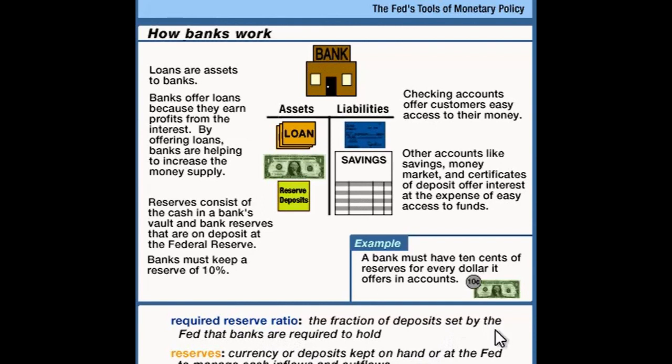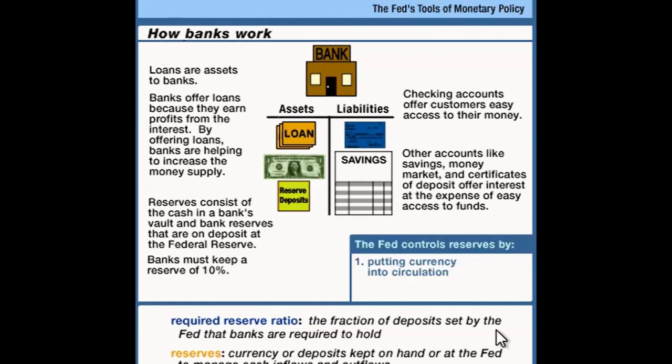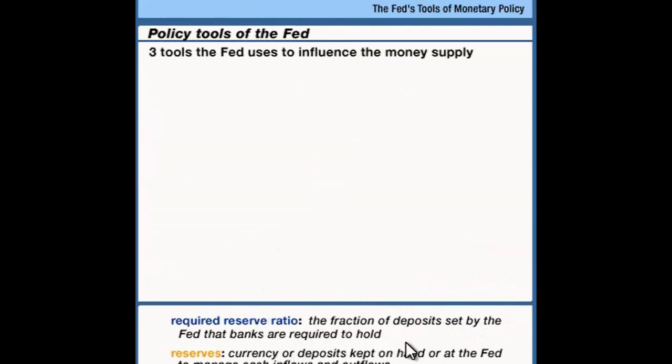And this is where the Fed gets its power, because the Fed has the ability to control reserves. There are two things the Fed does. First of all, the Fed prints currency and can put it into circulation by buying and selling things. The next thing is, the Fed, being the banker's bank, can influence how many reserve accounts banks have to hold or are able to hold. Let's see how this works as we look at three policy tools of the Federal Reserve System. The three policy tools, the three ways that the Fed can influence the money supply, are changing the reserve requirement, changing the discount rate, and finally, changing the amount of reserves available for business through open market operations.